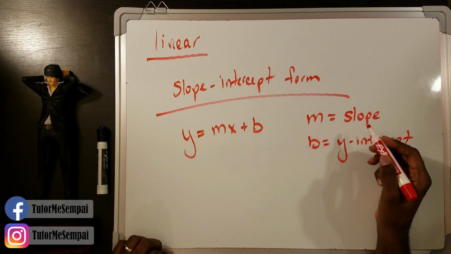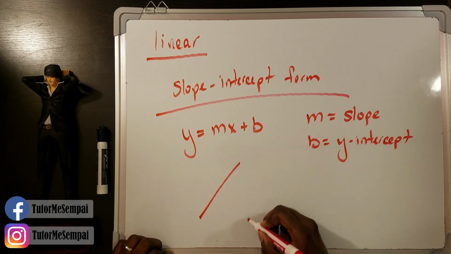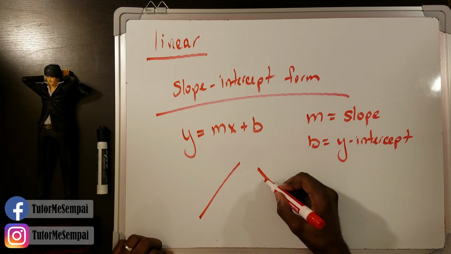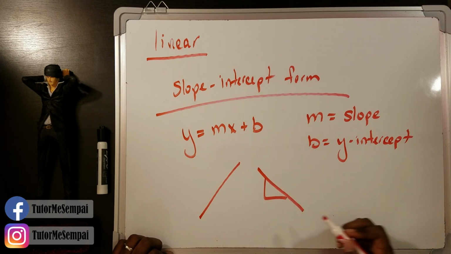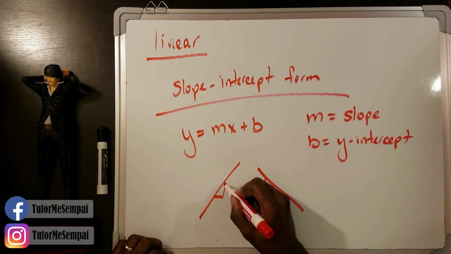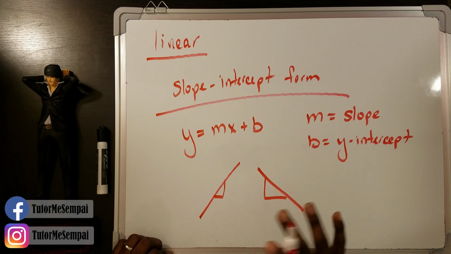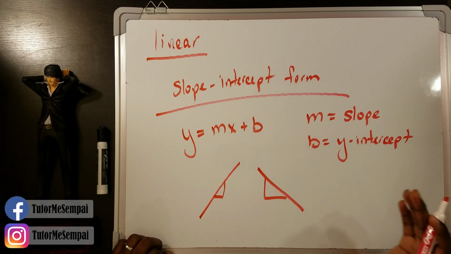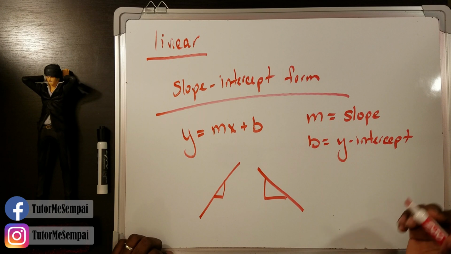Now, what is a slope? The slope of your function is just going to be how steep it either increases or decreases. So the steepness of this will be the slope. The steepness of this will be the slope. So the slope is just going to be how fast or how slow your function is growing or decreasing. The y-intercept is what is the y value